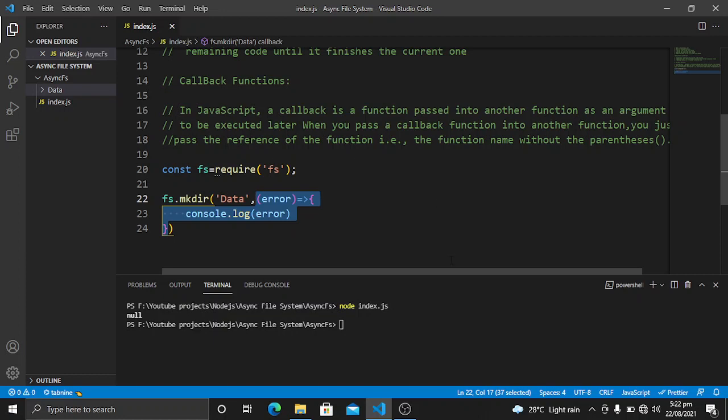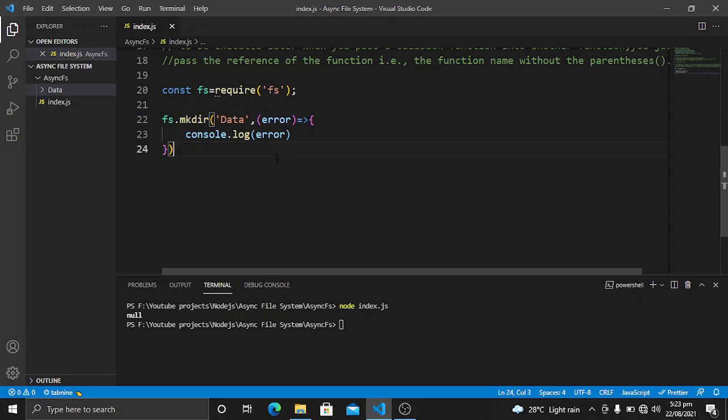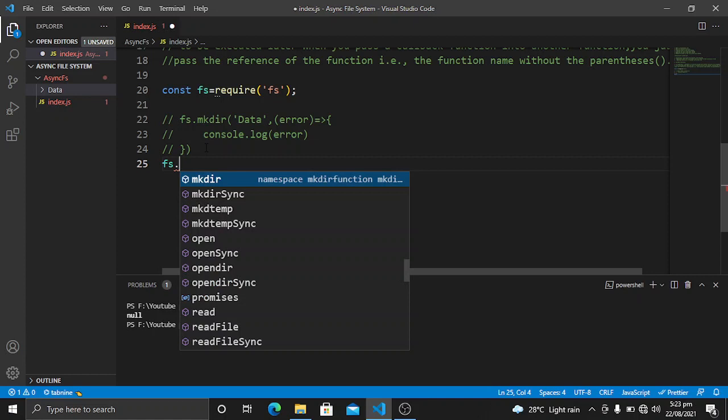Now what I will do is, we have created the folder by using the async method, and now we will create the file using the async method. So let's comment it out, because we don't want to create a folder another time, as the folder has already been created. Now the next step is we want to create a new file.